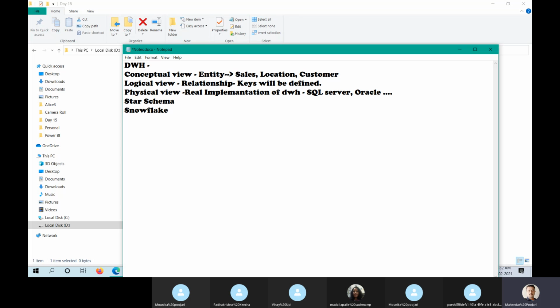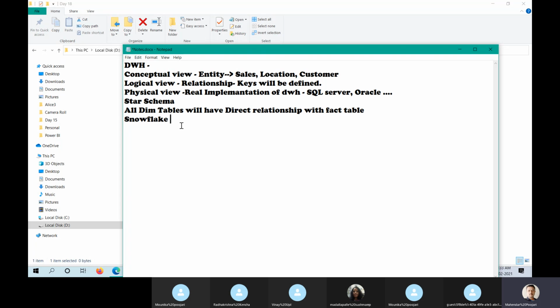The difference: in the star schema, all dimension tables have a direct relationship with the fact table. Only one fact table, surrounded by dimensions. It looks like a star schema.